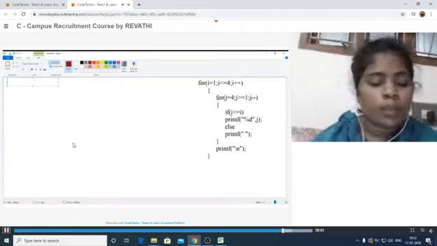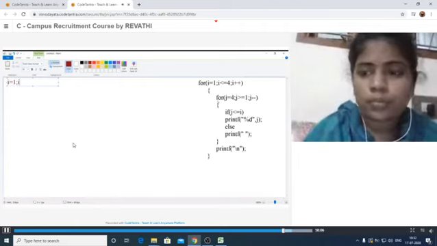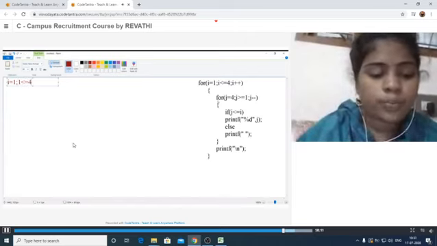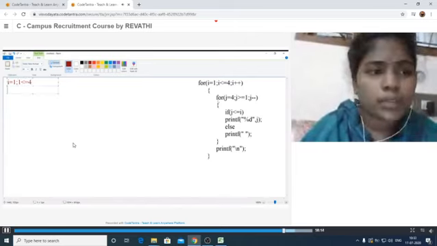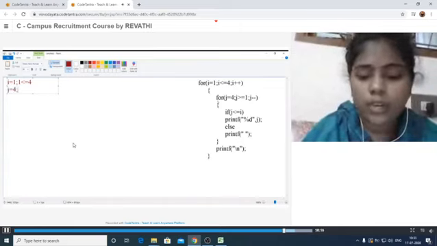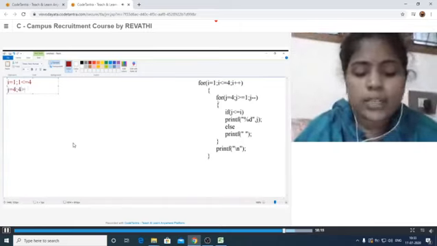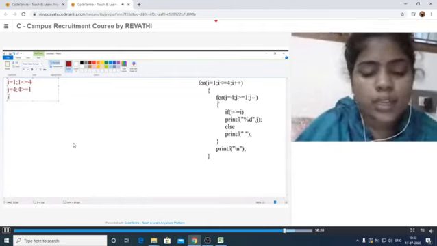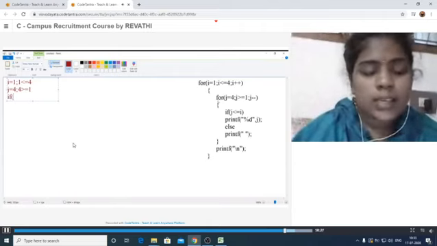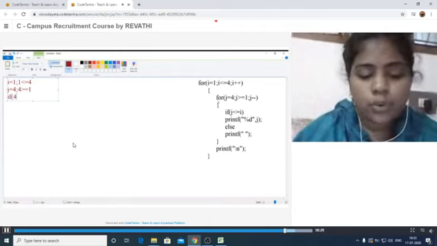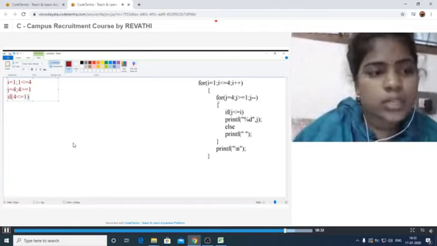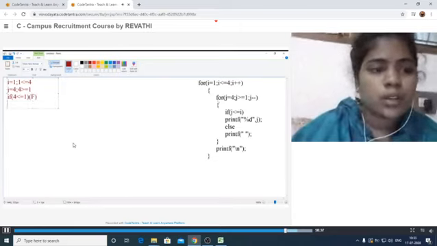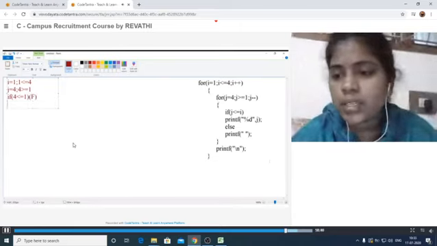For i = 1, is i less than or equal to 4? The condition is true here. Whenever this condition is true, then j = 4. Next, 4 greater than or equal to 1, the condition is true. Then it checks the condition whether j is less than or equal to i or not. That means 4 less than or equal to 1. The condition is false here. Whenever this condition is false, it is not printing the j value, it is printing the